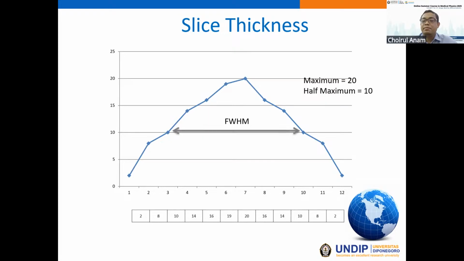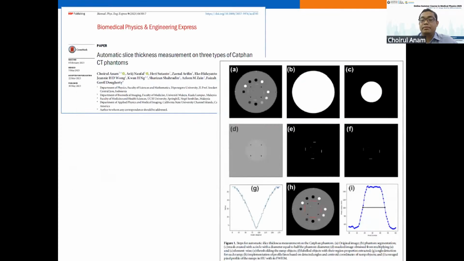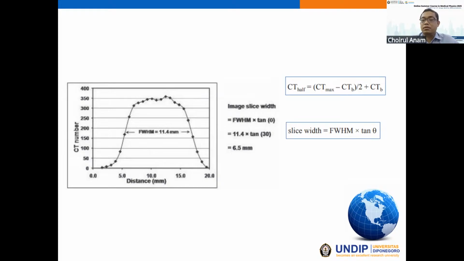We can decide the half maximum, and then we can measure the FWHM, full width at half maximum. If we multiply the full width at half maximum with the tangent of 23 degrees, we will get the slice thickness using the CATPHAN phantom. And this is the automatic method